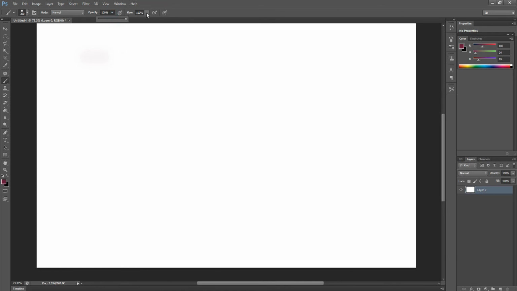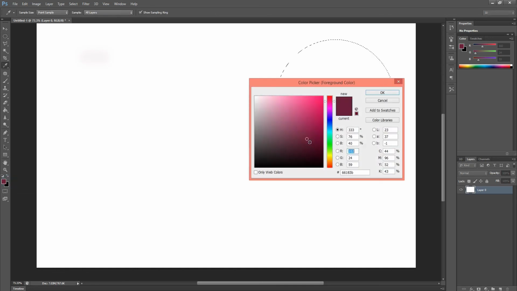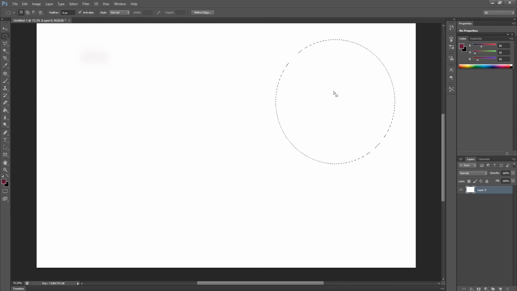The next option is the flow. We can apply the flow on any circle. We go to the ellipse marquee tool and make a perfect circle. We select the circle and check the color, then go to the brush tool.